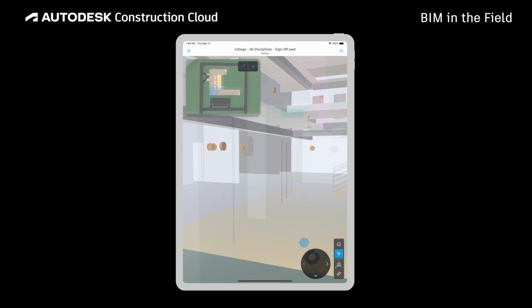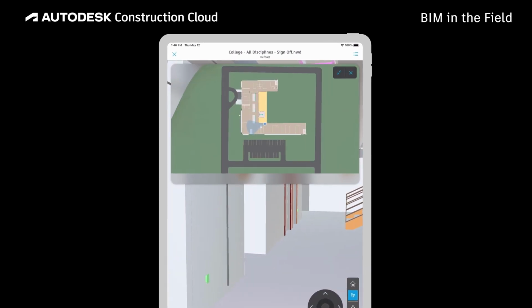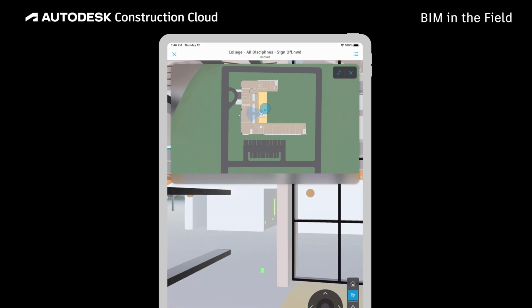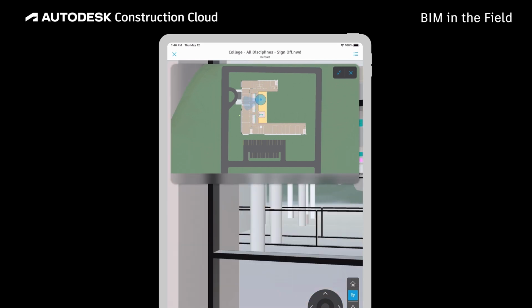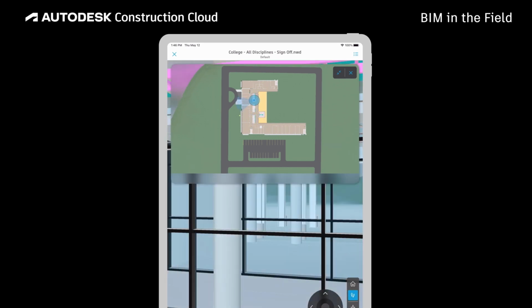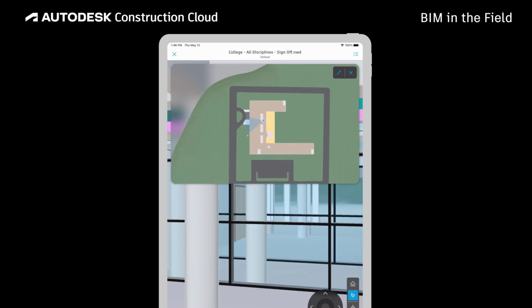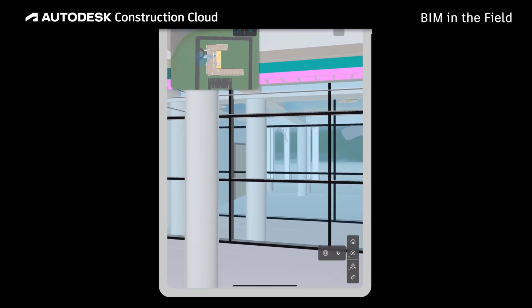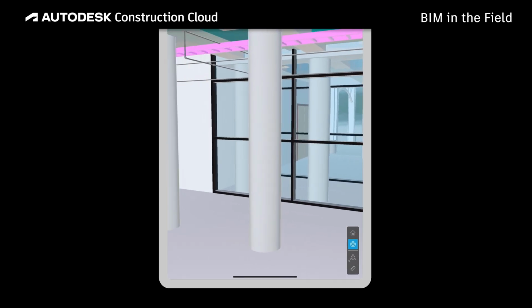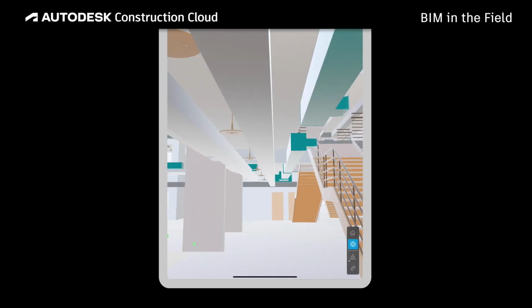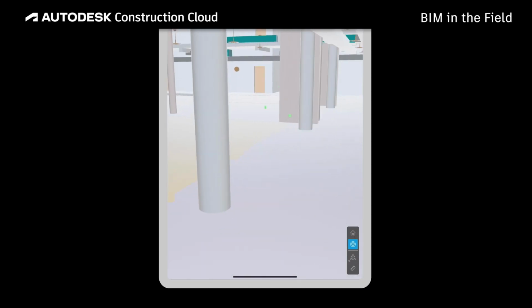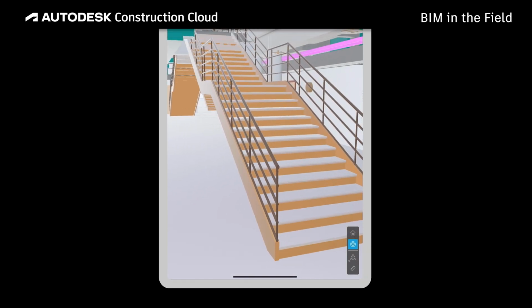move into the model. Expanding the minimap gives users a bird's-eye view. Dragging the viewer icon around the map will move the users to that location, making it easier to navigate larger models. Toggling on the gyroscope allows users to intuitively look at their surroundings within the model by lifting and moving their device, helping to translate the model into their surroundings on site.